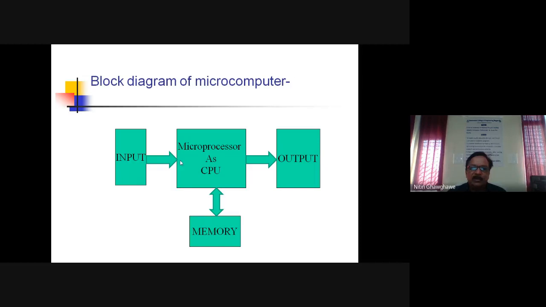Data from input device can be transmitted to microprocessor. It is unidirectional. Please note this importance. Data from microprocessor can be transmitted to output device. This is also unidirectional. Further, data from memory to microprocessor, it is transmitted in both sides, from memory to microprocessor as well as from microprocessor to memory. So, you can note one important thing,